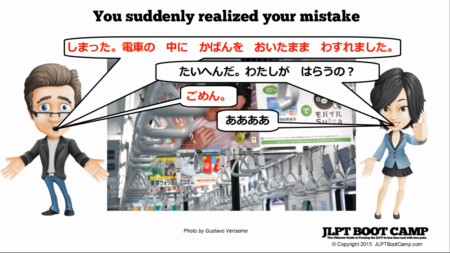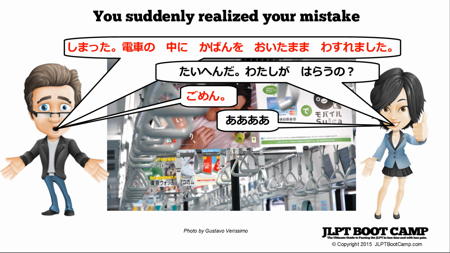And your friend responds, taihen da. Taihen is kind of like, oh, that's rough, that's serious, that's too bad. And watashi ga is, watashi is I, ga is the subject marking particle, so I am doing the action. Harau is pay. No, again, is the question marking particle for casual sentences. So she's asking, so I pay? I have to pay? And you respond, gomen, I'm sorry. And is, oh man, I got to do this. Your friend's not too happy that she has to pay.